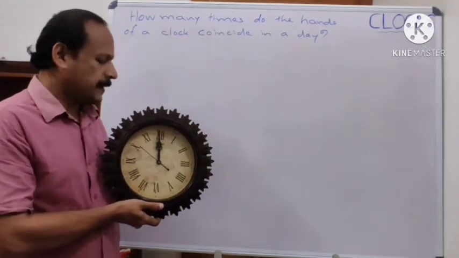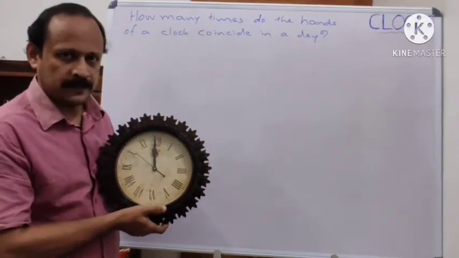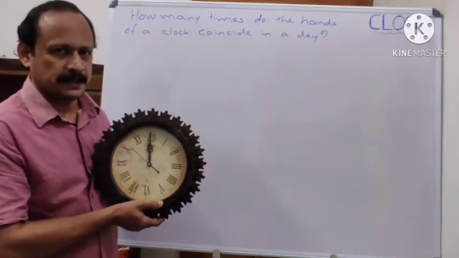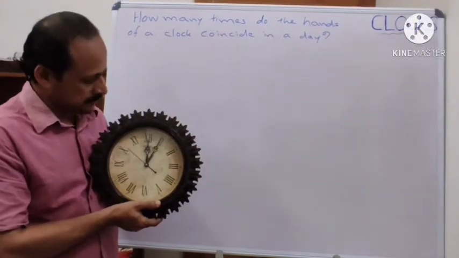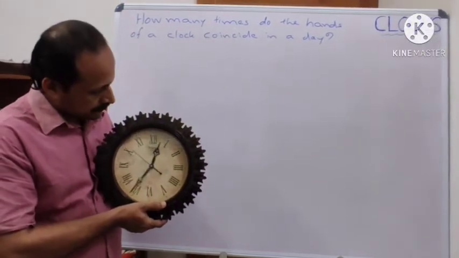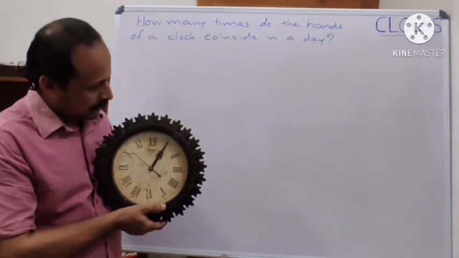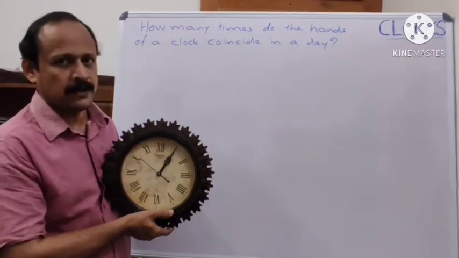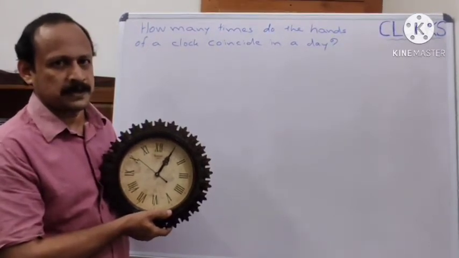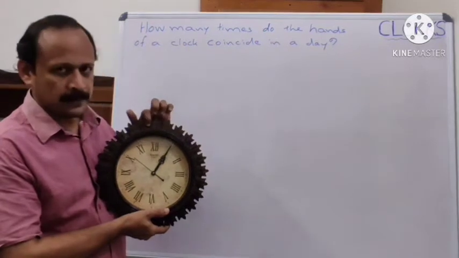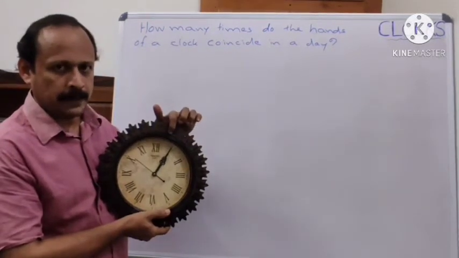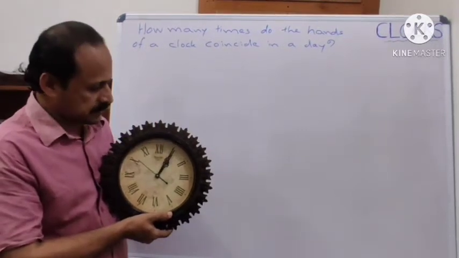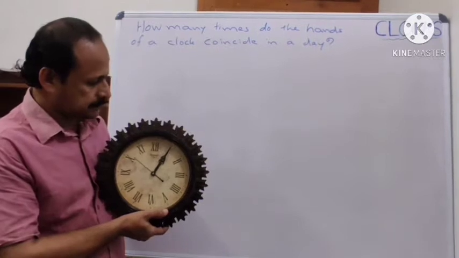At 12 o'clock they coincide, and in such problems we start with 12 o'clock and find out the next time, or the nearest time after 12 o'clock, at which the hour hand and minute hand coincide. Yes, they coincide after 1 o'clock, between 1 o'clock and 2 o'clock. So at 12 o'clock and at a time between 1 o'clock and 2 o'clock they coincide. So we have two cases. Go to the next case.